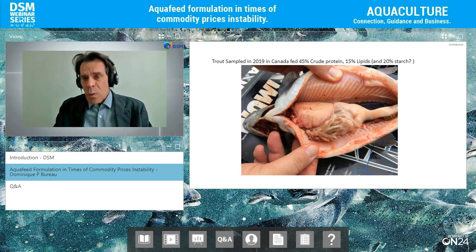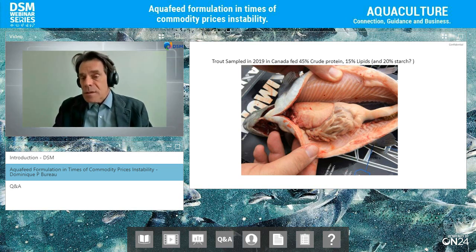And the fish were doing quite well, but when you open up the fish, you could see the liver was very pale, with lots of fat accumulated around the gut. That's an indication there's too much carbohydrate in the feed. The feed was not of high enough quality. Now, under perfect conditions, when you're harvesting the fish, it doesn't really matter. But under certain conditions, that can have negative consequences.